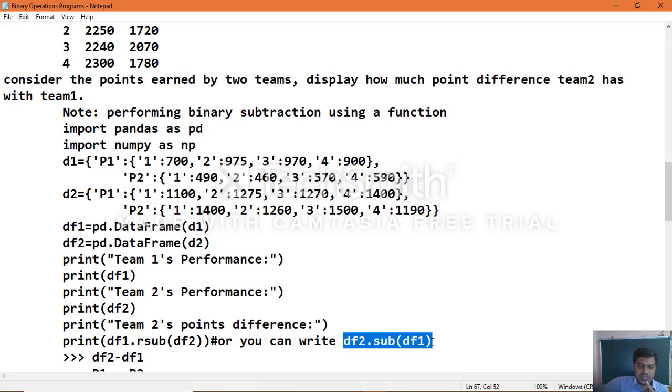So here, based on the question, you want to extract from the data frame object the difference: team 2, how much difference it has when you compare with team 1 points.